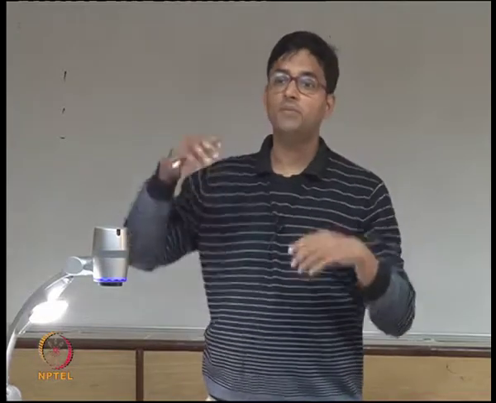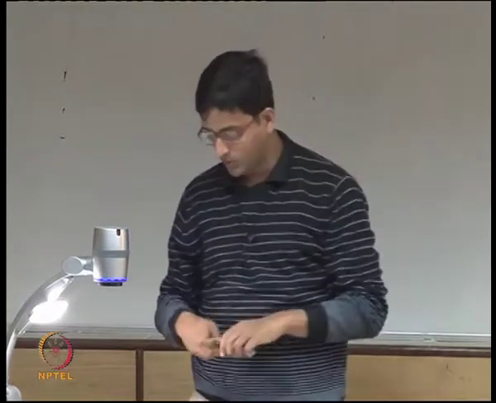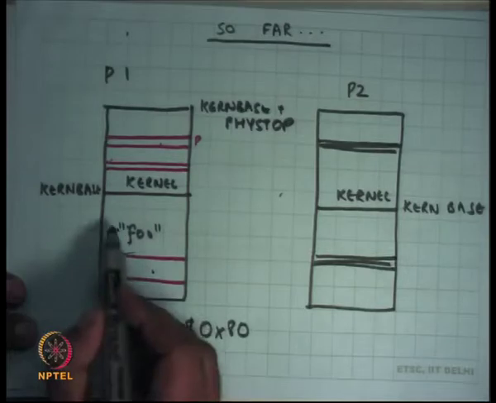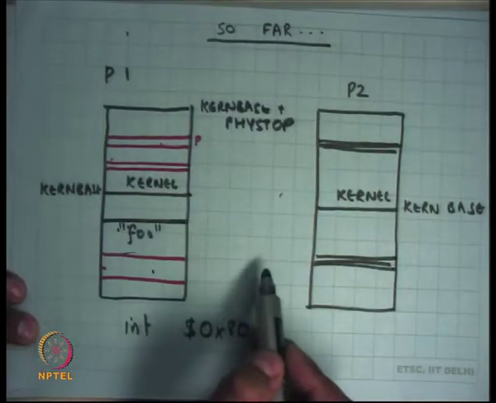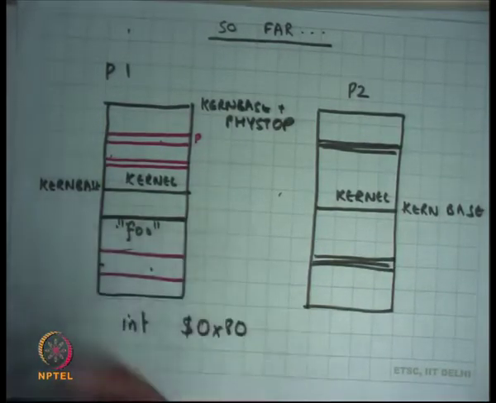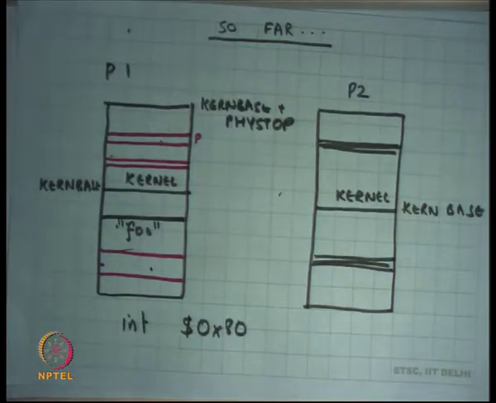Also, you can map the same page. A user process could very well say, I want these two addresses to map to the same physical page. So you can have aliasing. Although it's not very useful to have two virtual addresses pointing to the same physical address in user space itself, it's possible to do that. So to answer your question, it's possible for the virtual address space to be bigger than the physical address space.